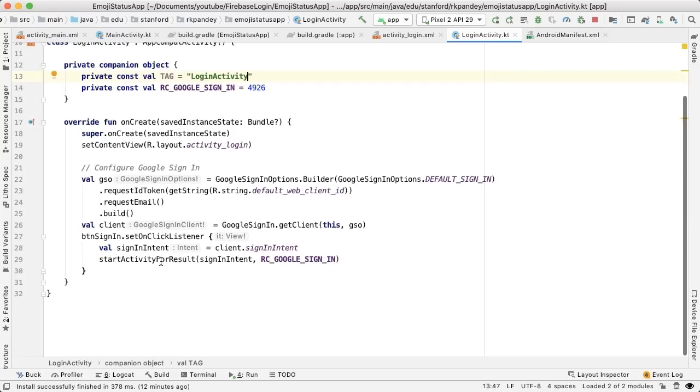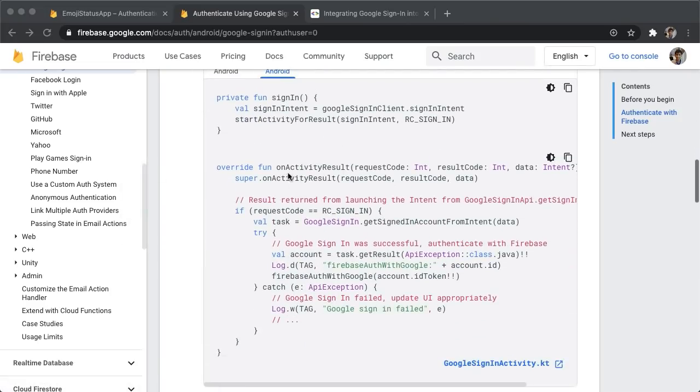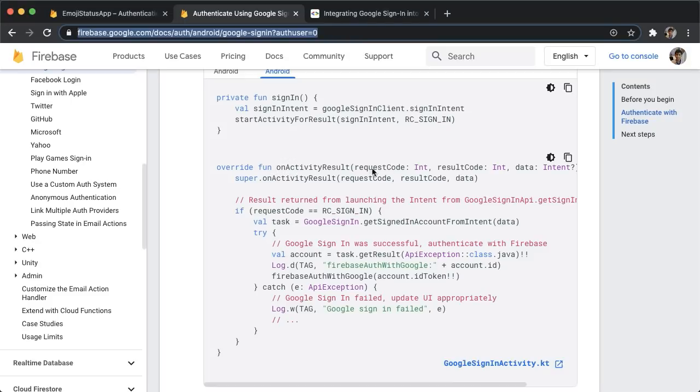Okay, so when startActivityForResult executes, that's going to launch the Google sign-in flow. And that flow is going to give us a response. In order to capture that response, we need to override a method called onActivityResult. In order to help with that, let's go back to the guide and scroll down a bit. And here you can see the onActivityResult. So I'm going to copy that